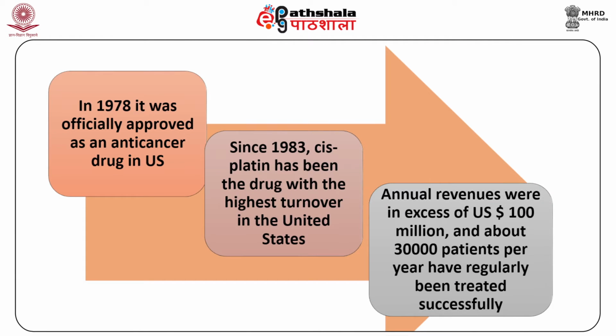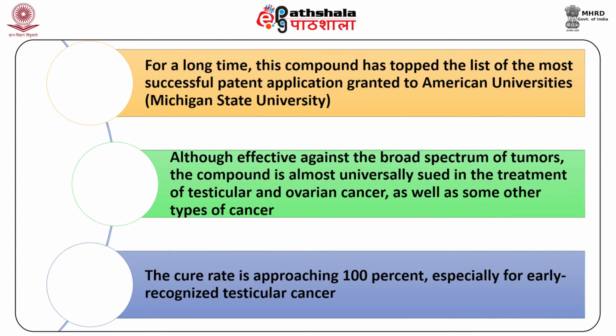In 1978, it was officially approved as an anti-cancer drug in the US. Since 1983, cisplatin has been the drug with the highest turnover in the United States. Annual revenues were in excess of 100 million US dollars, and about 30,000 patients per year have regularly been treated successfully. For a long time, this compound has topped the list of most successful patent applications granted to American universities,